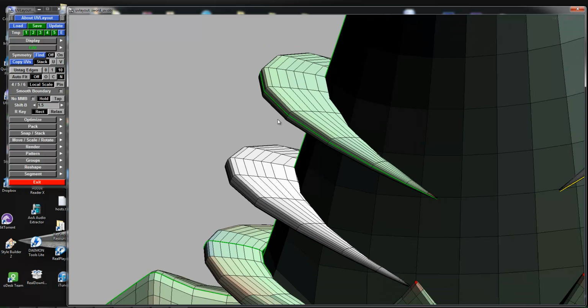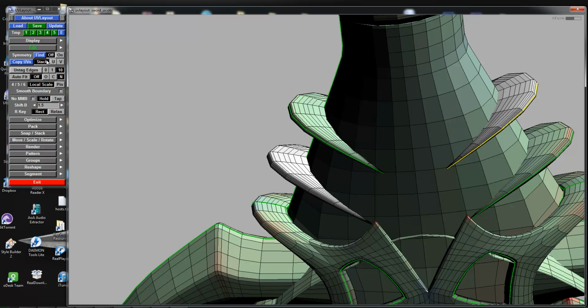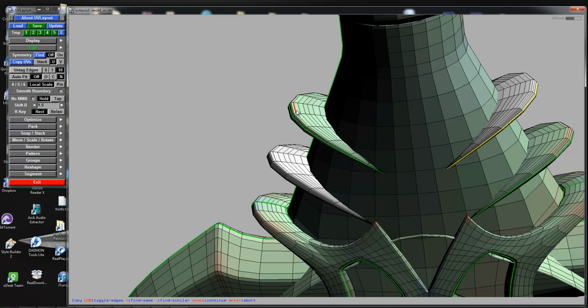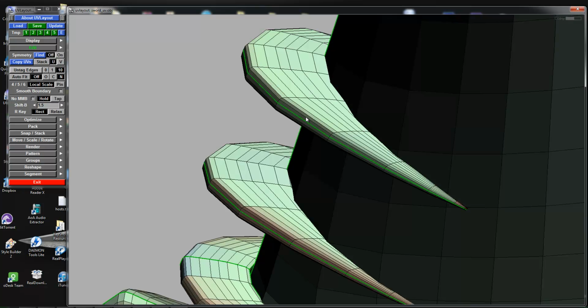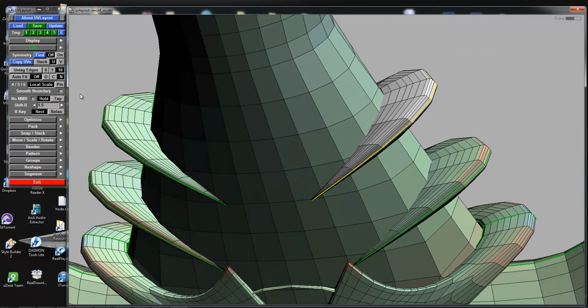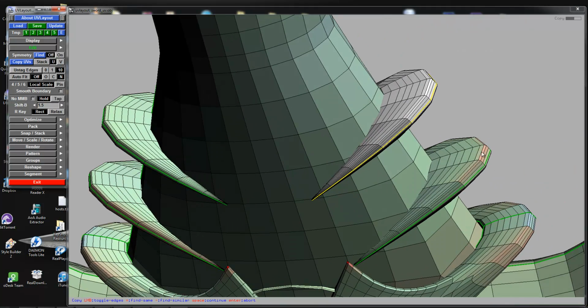But I forgot to say: move the copied version in the U axis, and don't stack them together, because it's going to lock one shell on top of another, which is not what I want. So copy UVs, select, find similar, copy. Same thing here, copy, select,